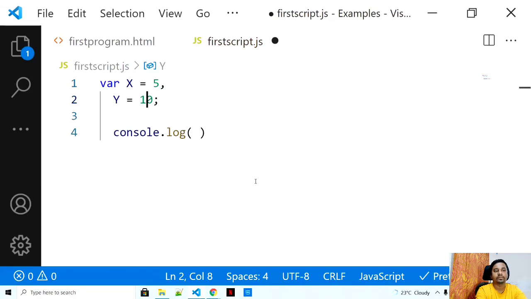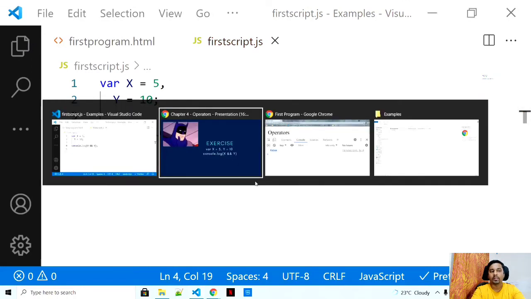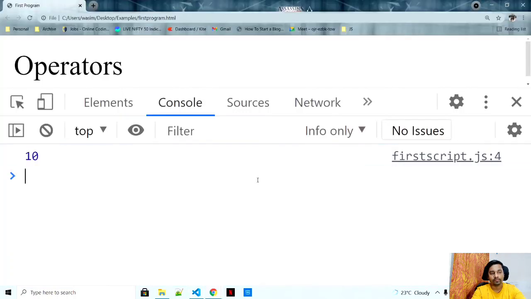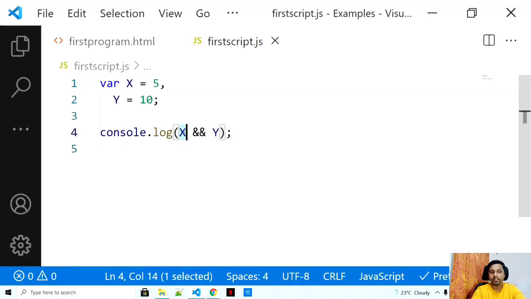Let's run the same program and see X and Y. The answer to this program would be 10. See, because there are two numbers, 5 and 10, so both are correct. Both are correct, there are no conditions. So 5 and 10, the answer would be 10, straightforward: the last check that you pass it to. Okay, this is something interesting and tricky. You can take it as an interview question.